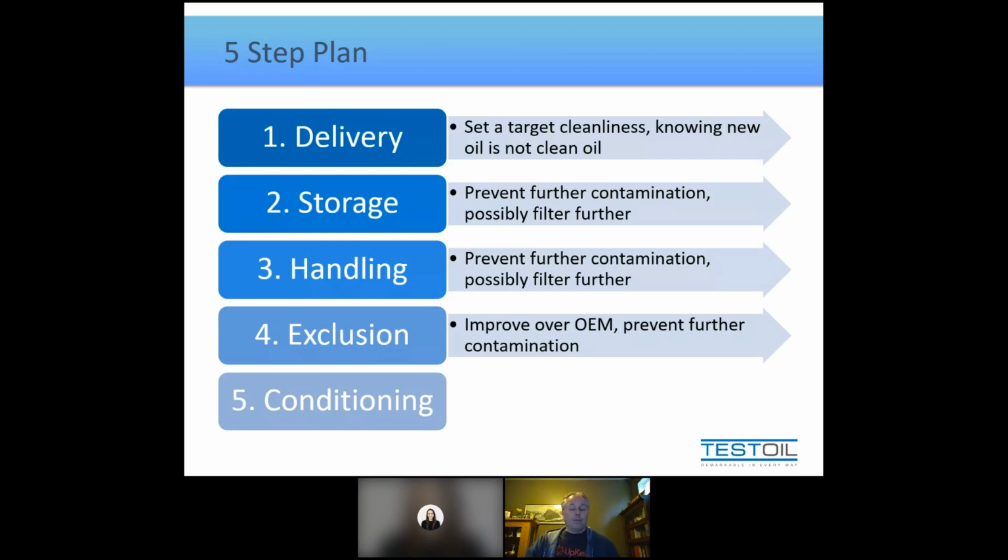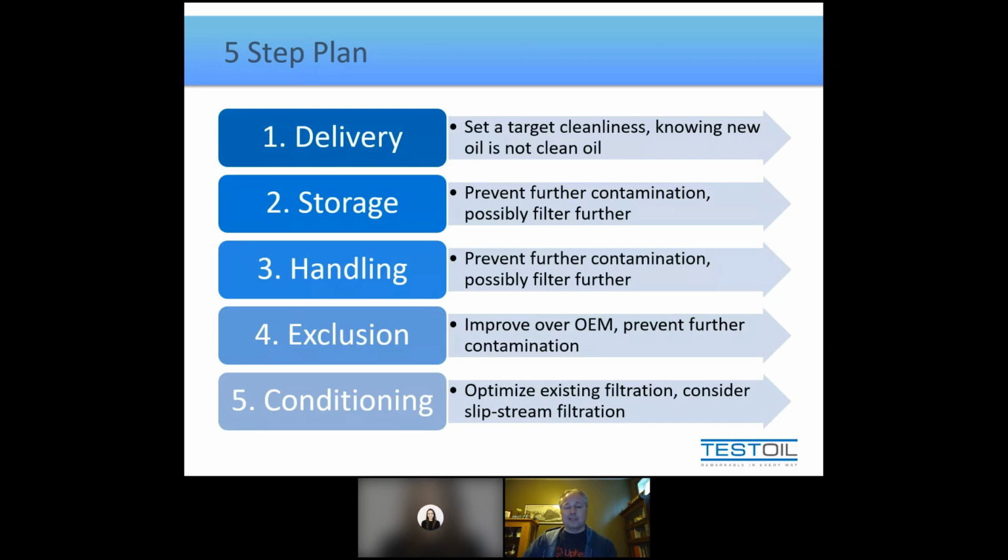And really what we're going for on that 5th and final step is, if we have not had yet an ability to filter the oil in any of the previous steps, here's where the rubber meets the pavement, and we're going to have to do it. So we will work again back towards that target cleanliness. That last step will be the main discussion point of part 2. But anyways, before we get started on step 1, what is the topic of today's presentation, let me give you a little bit of a preamble.